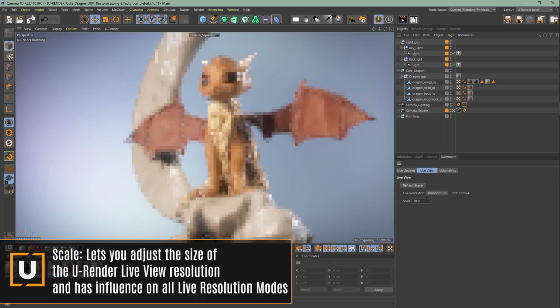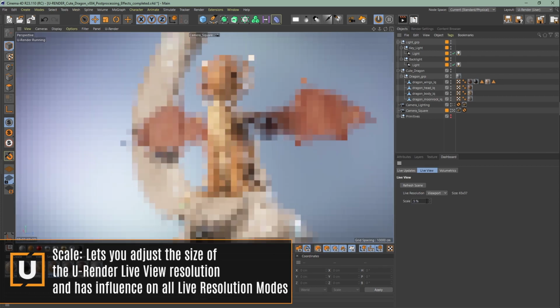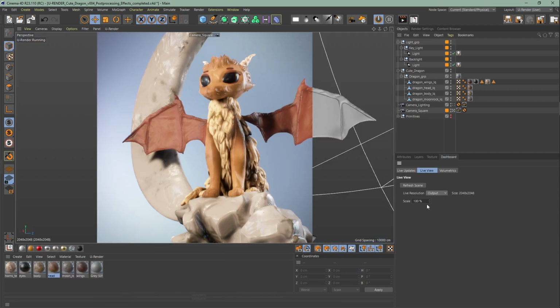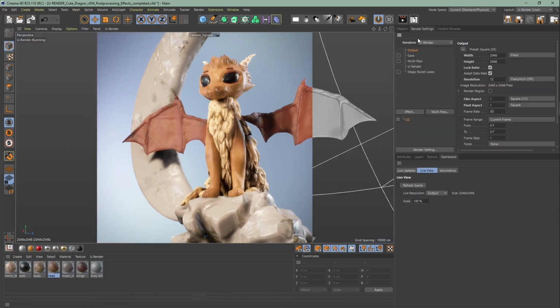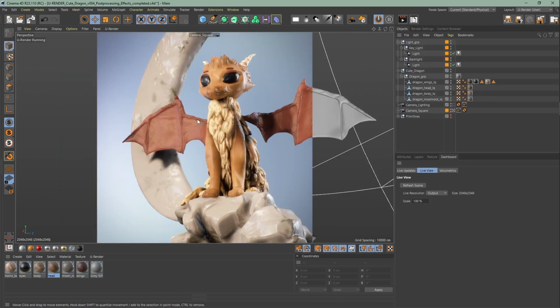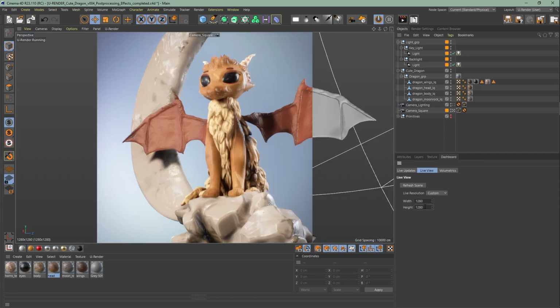Set it to viewport if you like to use your whole viewport. The viewport mode is set by default. The exact resolution of the active view panel is used for rendering the scene. If you choose output, it will use the render resolution which is set in the output in your render settings for the live view. You can change the output here in the render settings. You can also change the custom if you want to use a specific width, height or to test out formats, rather than going to the render settings for every change all the time.